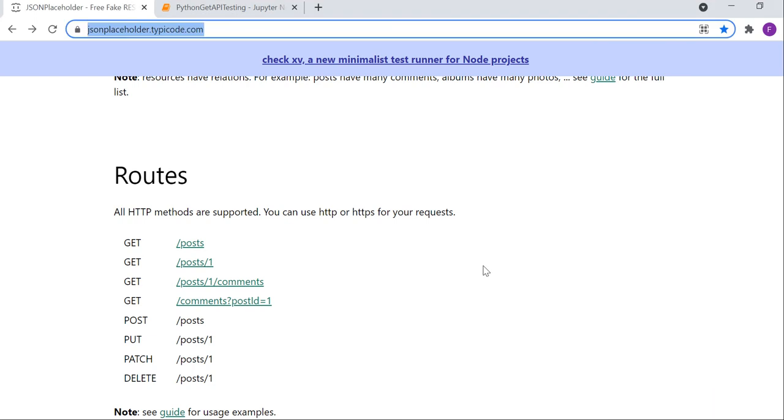So today we are going to see how we can validate the GET API. I'll go one by one. First of all, we will verify it manually, then we'll verify it with the help of Postman, and then later on I will show you how you can handle this GET request with the help of Python. In Python, I will be using the requests library, which is given by Python, and it's a quite easy library.